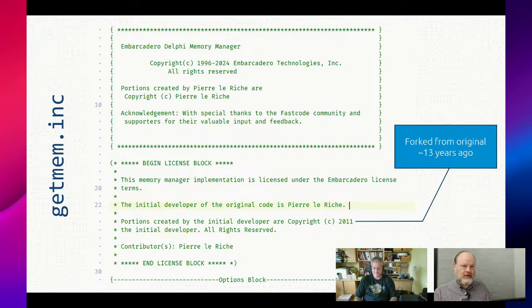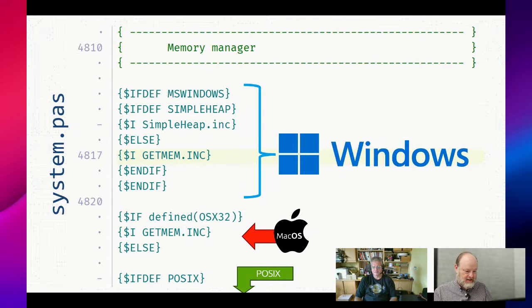But then also, they didn't include all of FastMM. They didn't include all the debug features in the one that ships with Delphi. Oh, Richard just pointed out that, yeah, that's right. This says Mac OS 32-bit, which hasn't been a thing for a while. So, yeah, I don't know.